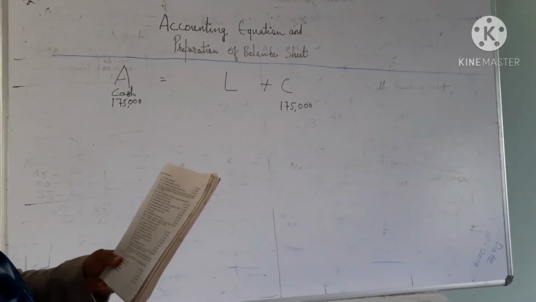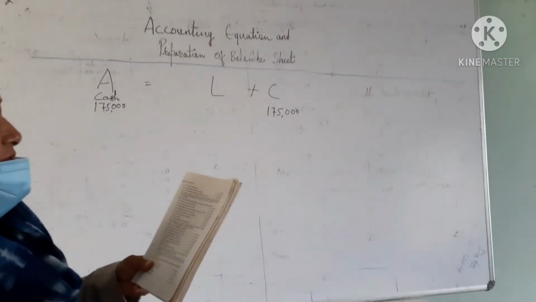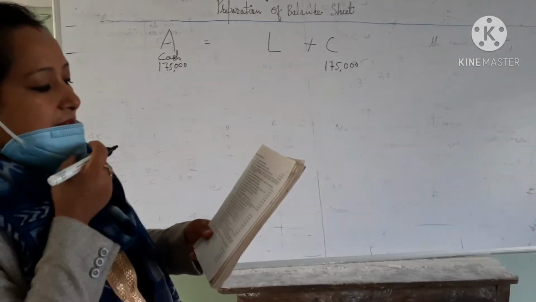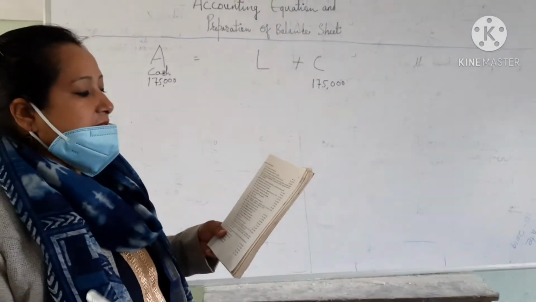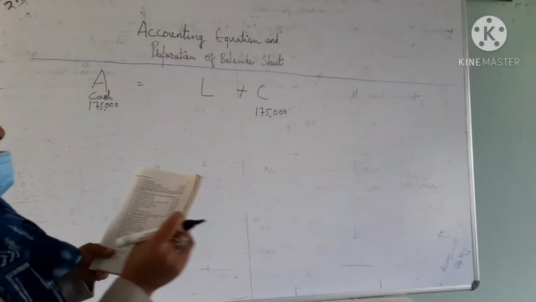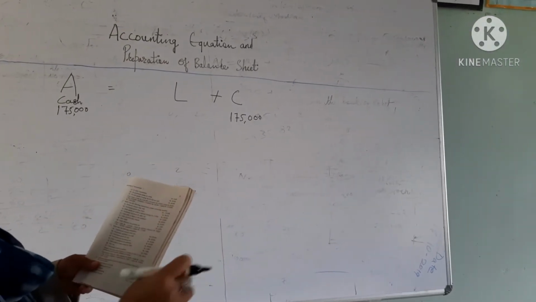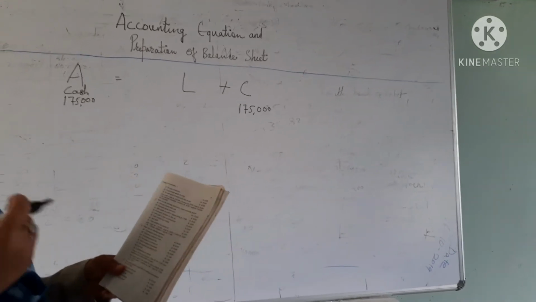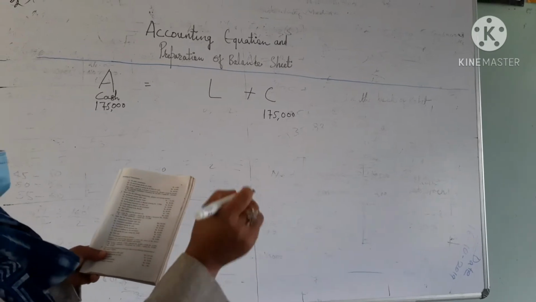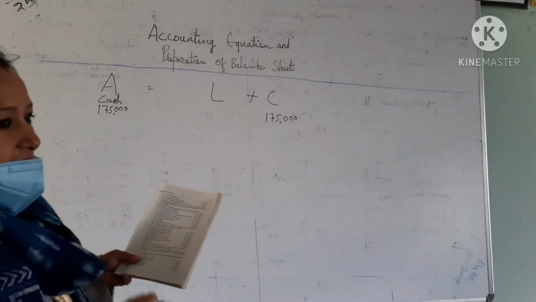Now number B says purchase goods from Rohit. Now see, if Rohit's name is not given, that means we can understand that the transaction is a cash transaction, and we write it is cash purchase. That means cash is going out and goods is coming in, isn't it? On the same side, the asset side, we will be writing goods increase and cash decrease, isn't it?